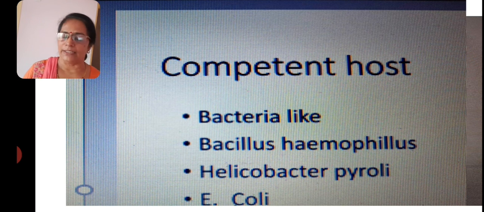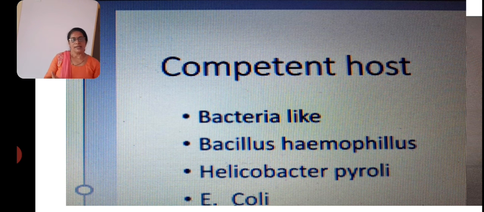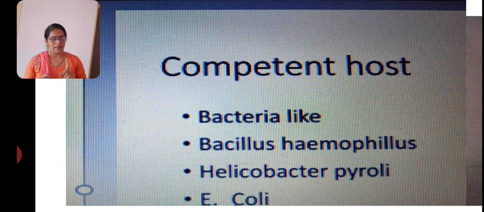So these are the different biological tools. First is the enzyme, second is the vector, and third is the competent host. The restriction endonuclease enzyme is mostly used in recombinant DNA technology. There are two types: exonuclease and endonuclease. Endonucleases are of three types: first, second, and third. Generally the second type is used, and the nomenclature is based on the bacterium used to produce the restriction endonuclease enzyme.